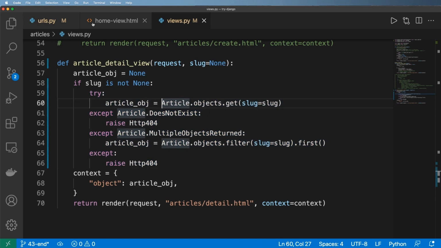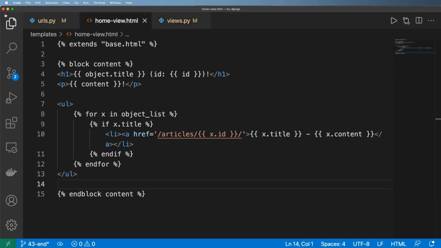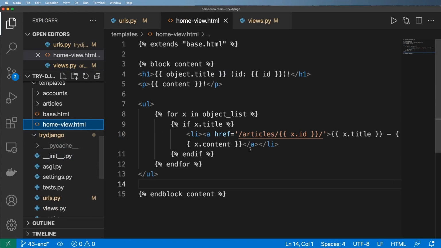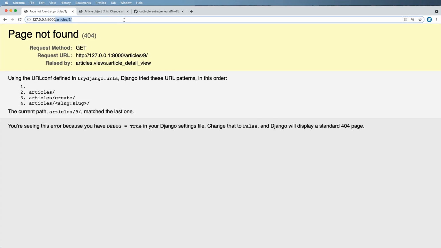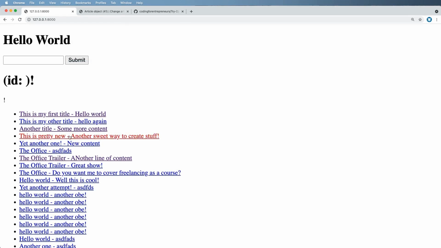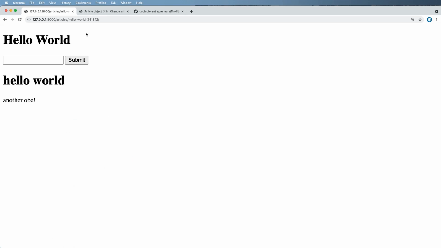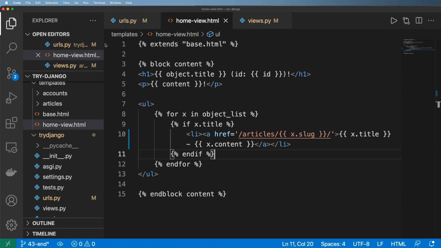Now to solve this, the simple answer is going into homeview.html, where we're actually rendering out that content and changing this link right here to x.slug, save that, and now when I go to that home page, I'll be able to actually click on any of these slugs here, and now it's actually working. Congratulations, we now have slug fields working, and they are pretty robust. Let's fix a few more things before we go much further.